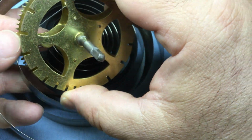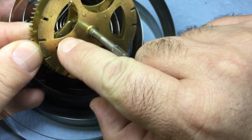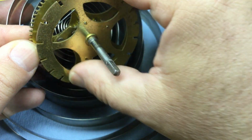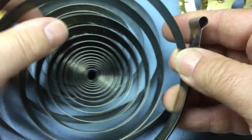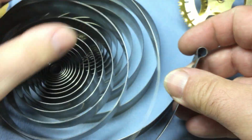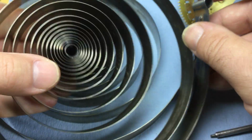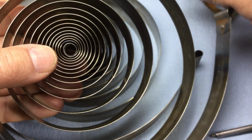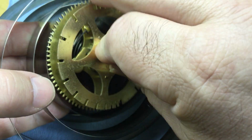Obviously you can see the click here points in the direction in which it turns the wind, and so you would have the spring turning this way. So that gives you an idea the end of the spring is going to point in the opposite direction. And what we'll do first is get the spring attached to the hook in the middle again,